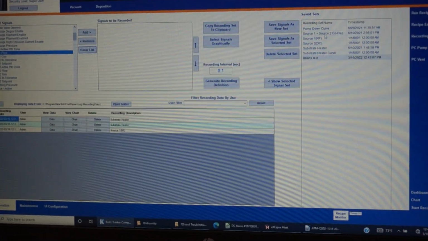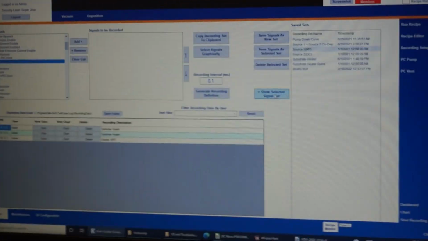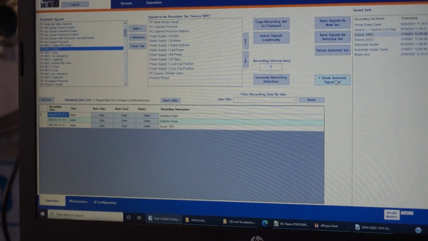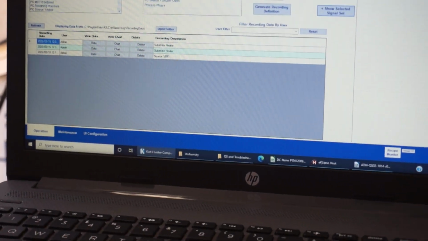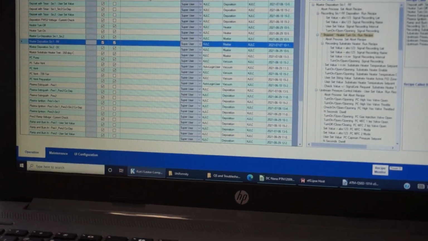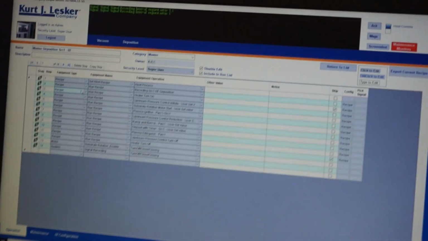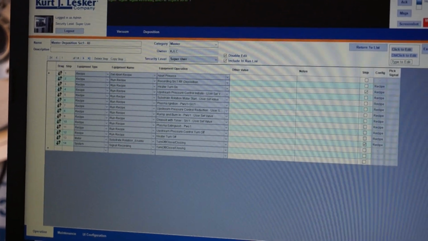So if you look at what's pre-selected, we have source 1 RF. So these are all the signals that are associated with it that we thought may be valuable for your data log. And this is included in the data log. So whenever we ran the recipe earlier, that master recipe, which was right here, you'll notice that step 2 was to run the recipe recording RF source 1 deposition. So if I go back to my recording setup and click refresh down here,